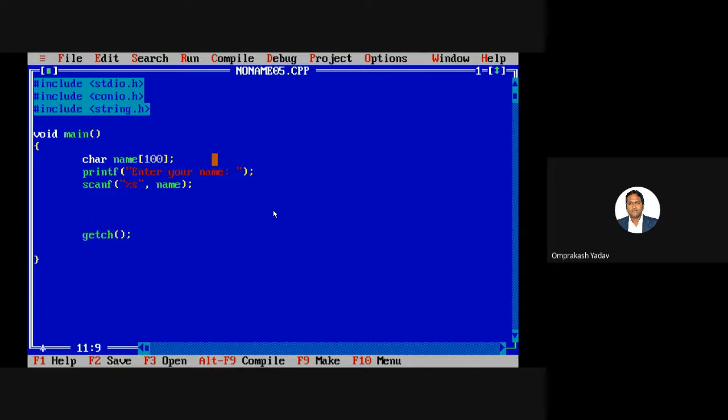Now I'll try to check. I'll take one more variable, int n, and I'm saying n is equal to stricmp of name and, the second, Sachin.